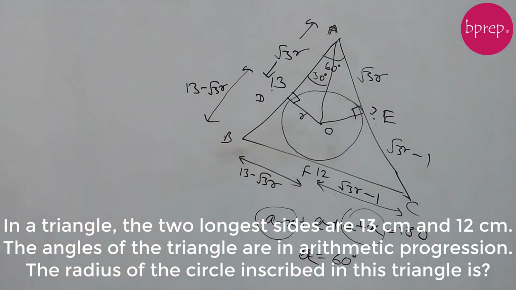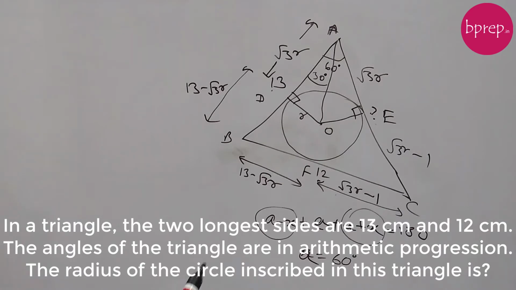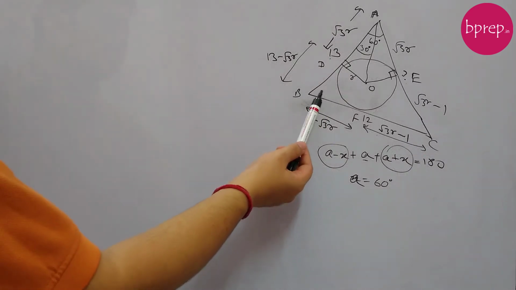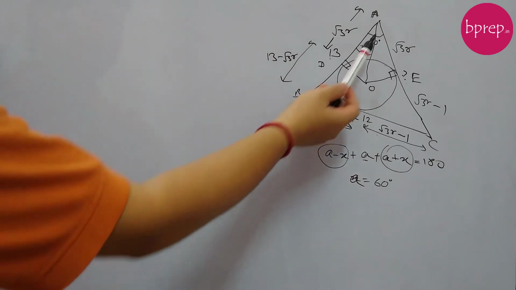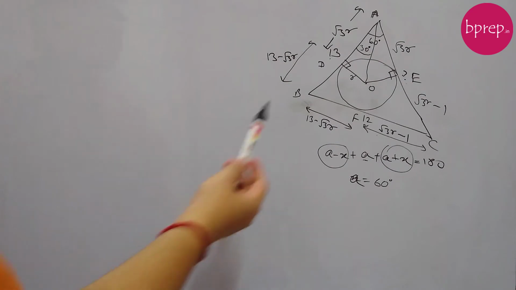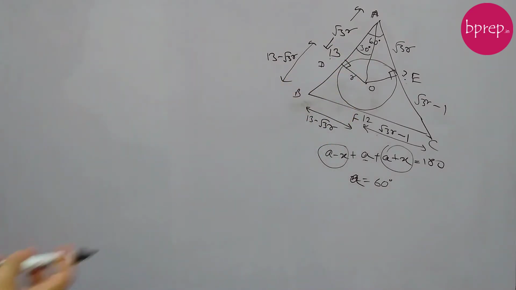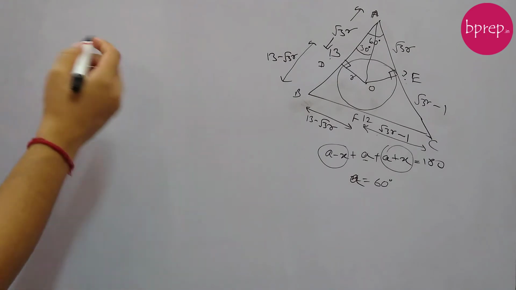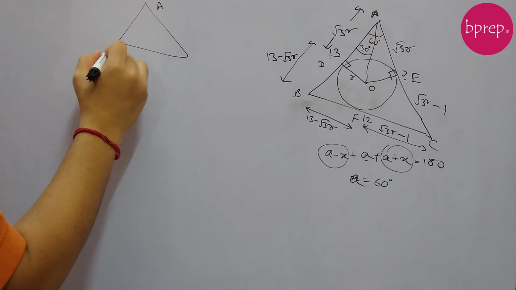So now we have got all the sides of this triangle in terms of R. Okay. So now from here, what should be our next step? If you see the triangle ABC, we know all three sides now in terms of R, and we know just one angle. So for a triangle, there are two trigonometric rules, and because we have the angle, trigonometric rules will be involved. So the first one is the sine rule. So let's say we have a triangle ABC.